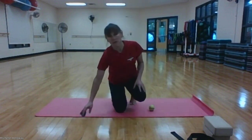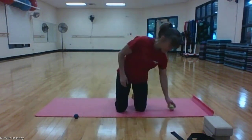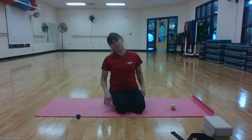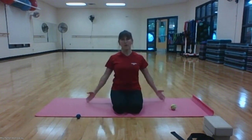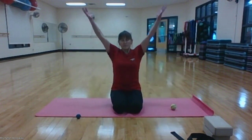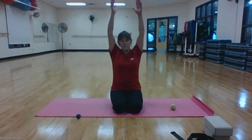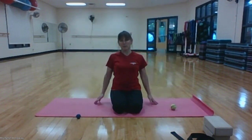And I'm going to have you start with a kneeling position today. If it's not comfortable for you to sit on your heels, absolutely go ahead and sit crisscross applesauce. But we're going to begin seated tall. Take both arms up. Exhale, lower it down. Another option is to sit on your foam roller. And if you have yoga mats at home, please feel free to grab those. Last time here, breath in